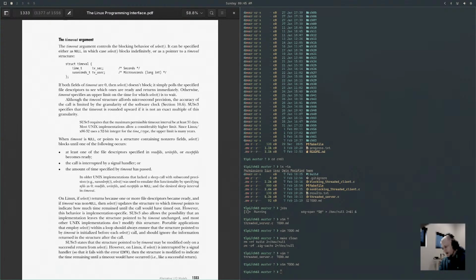SUSv3 requires that the maximum permissible timeout interval be at least 31 days. Most Unix implementations allow a considerably higher limit, since Linux x86-32 uses a 32-bit integer for the time_t type. The upper limit is many years. When timeout is null,